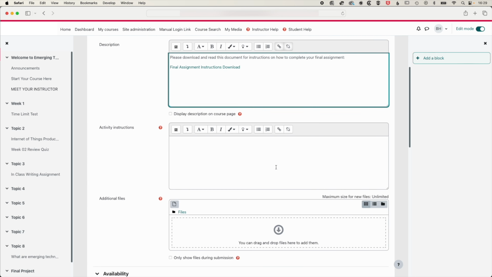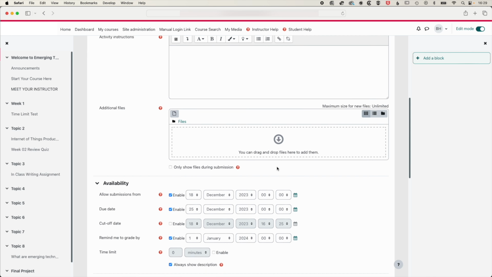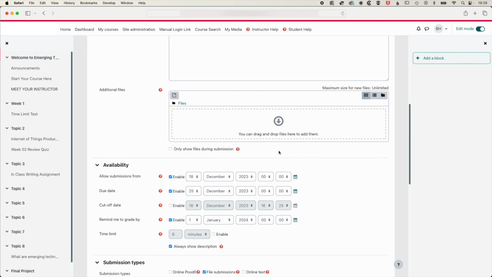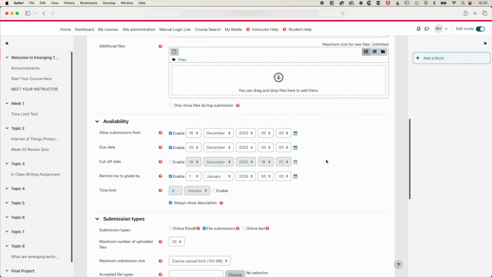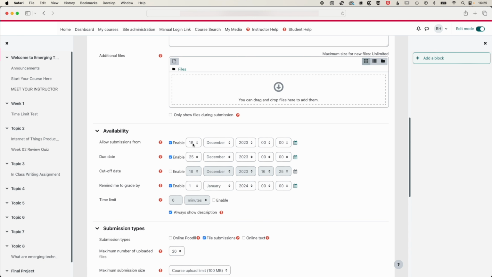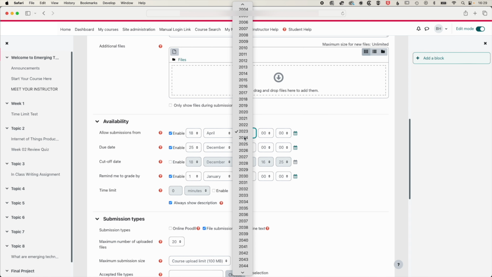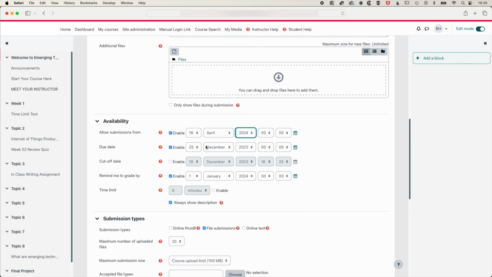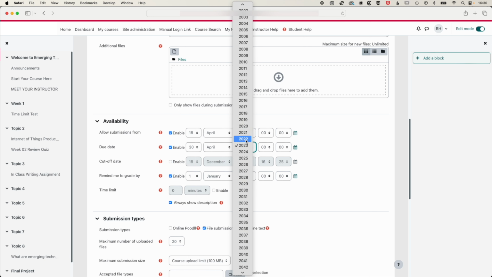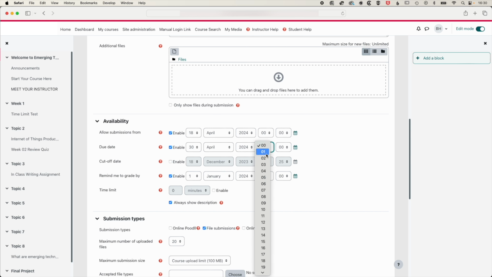So we'll scroll down here and have a look at some of the assignment settings. We can add some additional files for our assignment if we need to. And then here we have the deadline dates for our assignment. So we're going to set this to the 18th of April 2024 that the submissions will open from. And then we'll have this close the 30th of April 2024, and we'll have the submission happen at